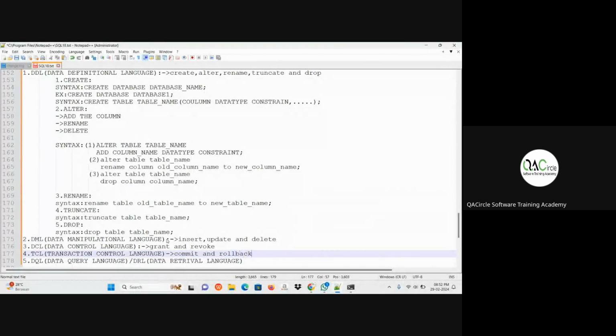After that, we have data query language or data retrieval language. In this, we have the select statement.